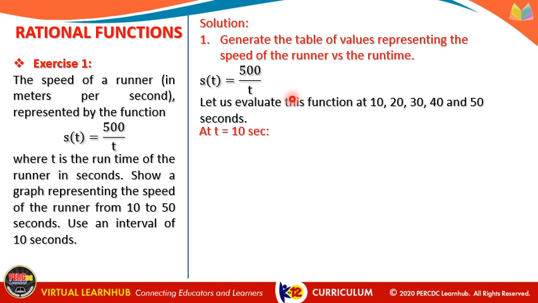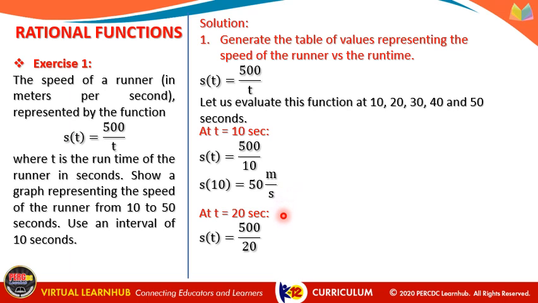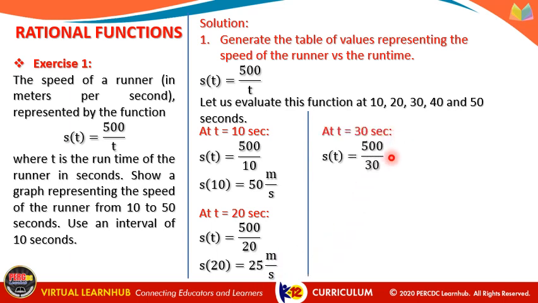Alright, at t is 10 seconds, we will solve s of t is equal to 500 over 10, and we will get 50. Again, ang unit nito will be in meters per second. Next, at t is 20 seconds, so substitute natin yung 20 dito, masosolve natin na ang speed ay 25 meters per second. At time is 30 seconds, s of t is equal to 500 over 30, we will get 16.67